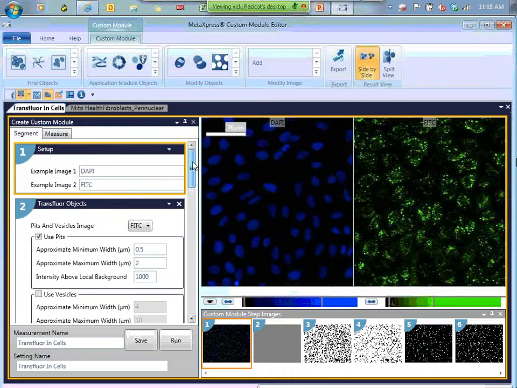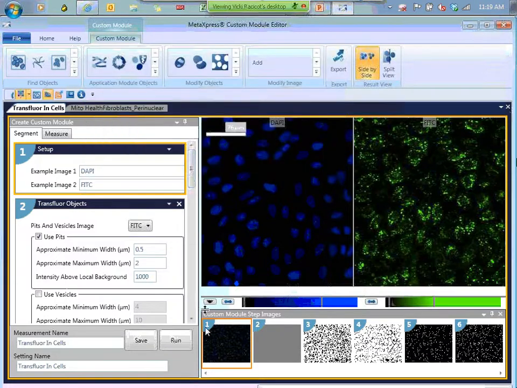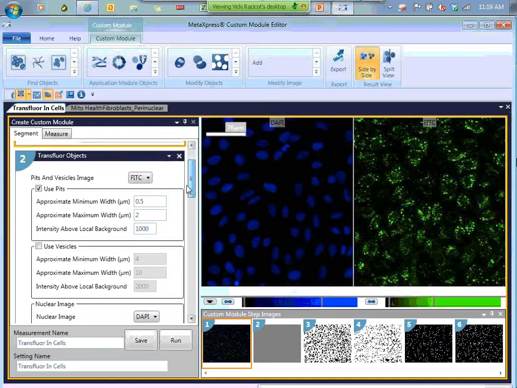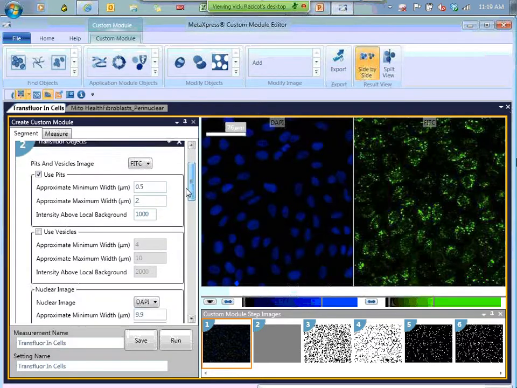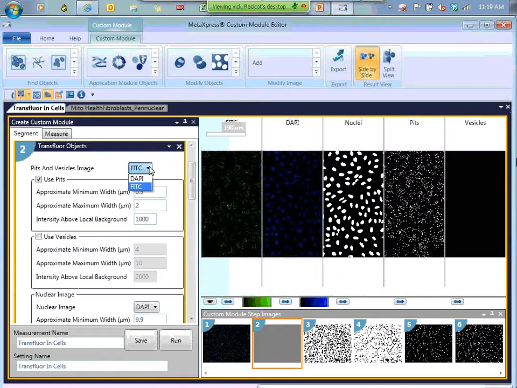So the first step to generating our module is to actually drop in an application module object. So you'll see when I expand this menu that I have access to all of the segmentation masks that are affiliated with any application module that I have license for. This provides a very powerful starting point for an analysis like this, and in this case, we're going to select our Transfluor object that will allow us to identify our nuclei as well as our pits and/or vesicles. So for those of you that are familiar with our standard application modules, you'll notice that the interface is very similar. In the step card, we see that we can choose a